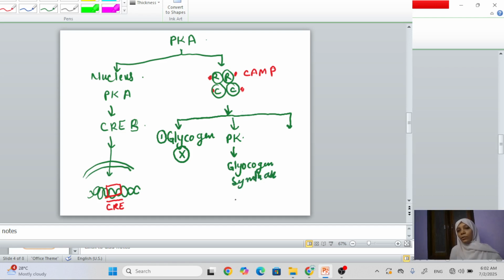That will help to produce glycogen to glucose 1 phosphate, and this glucose 1 phosphate changes into the glucose molecule, and this glucose molecule is basically the